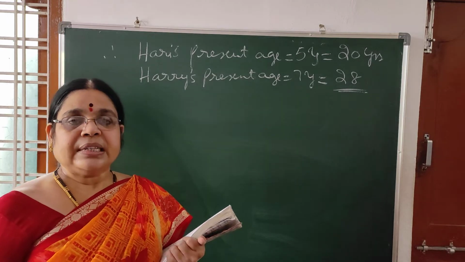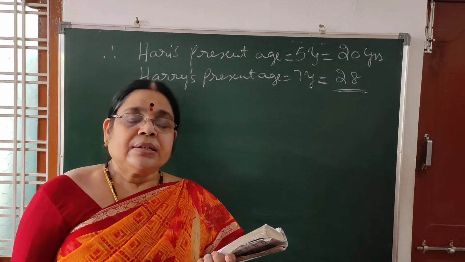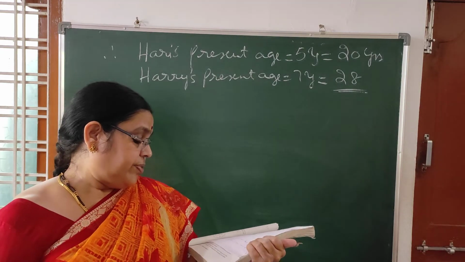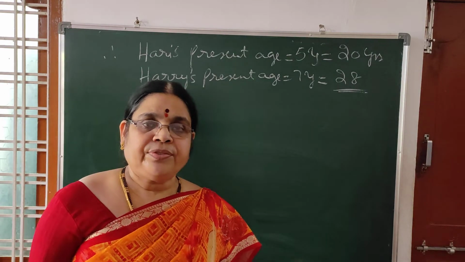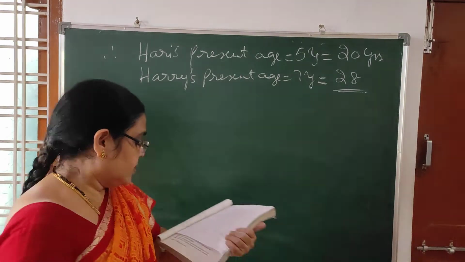After 4 years, their ages become 5y plus 4 and 7y plus 4. The ratio of their ages after 4 years is given as 3/4. So, frame the equation and solve like this. Next question,